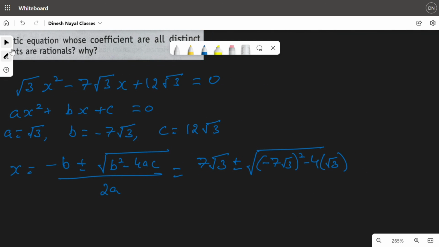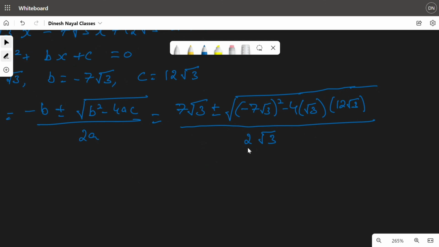Divided by 2a, a is root 3, so that will be 2 root 3. Now solving this, writing over here 7 root 3 plus minus whole under root. So see, minus 7 into root 3 whole square, that is 49 into 3, which is actually 147, because 7 square is 49,